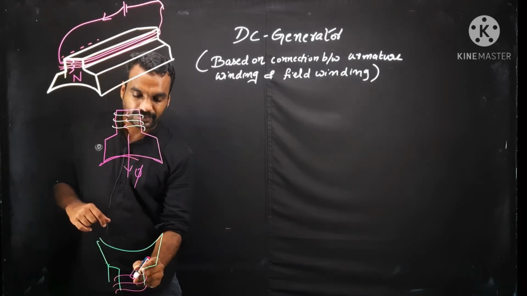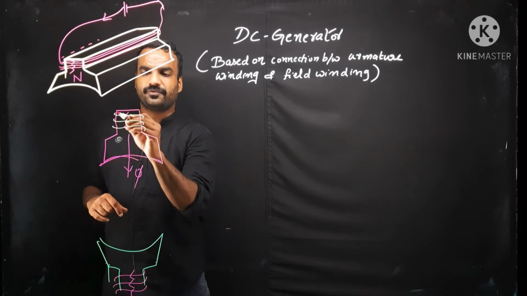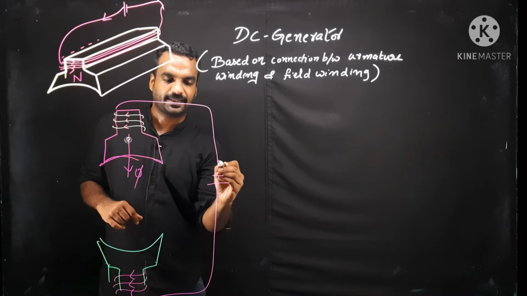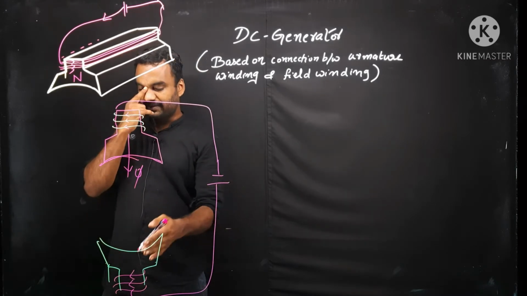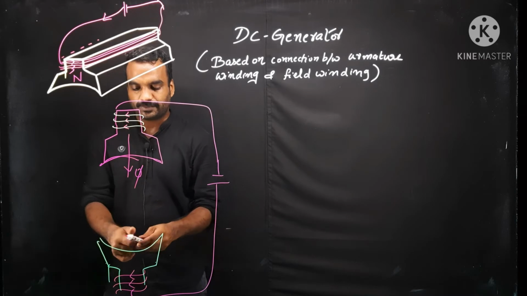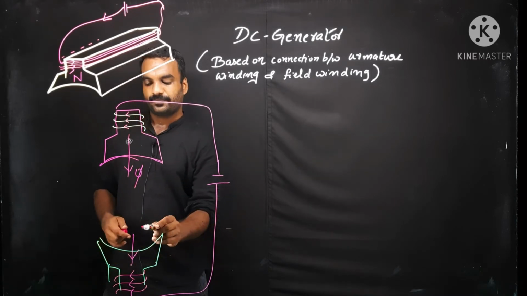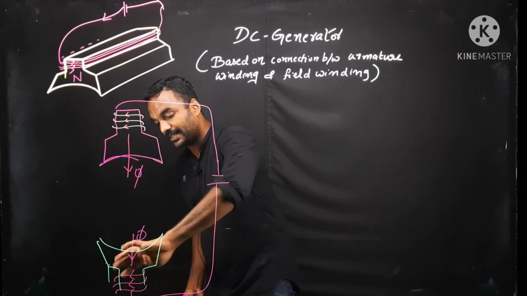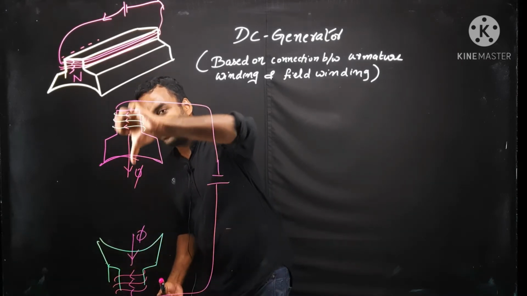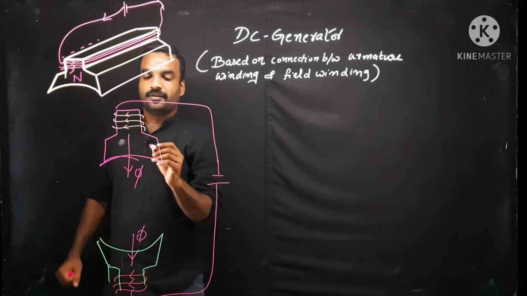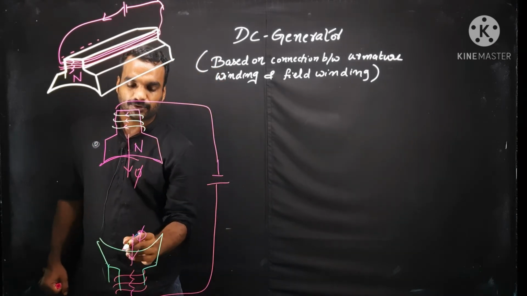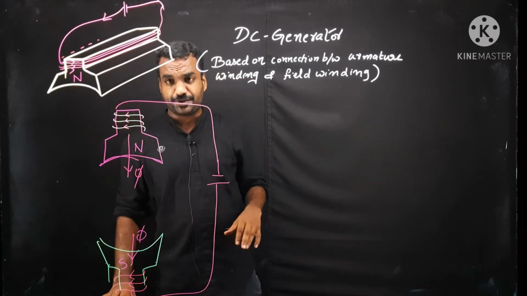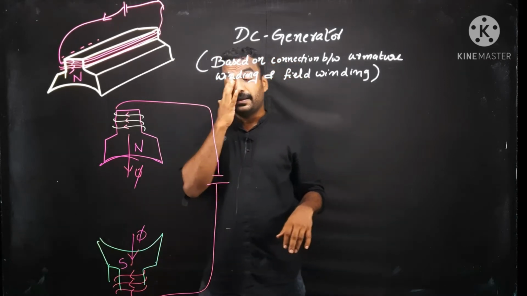Here also we are supplying same direction because both the field windings are connected like this. This is the exact arrangement. Both will have same current direction. So here also flux will be passing like this. I hope it is clear. This is thumb, this is fingers, direction is current direction, and this is the direction of flux. So flux will be from top to bottom. From where flux is starting, that is termed as north, and where flux is ending, that is termed as south. So this is the arrangement of field winding.